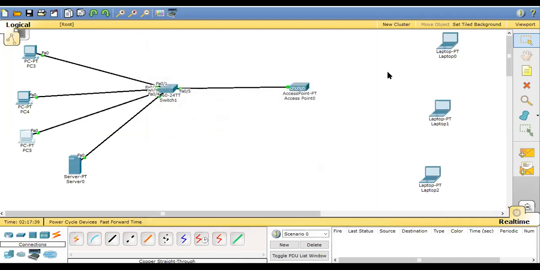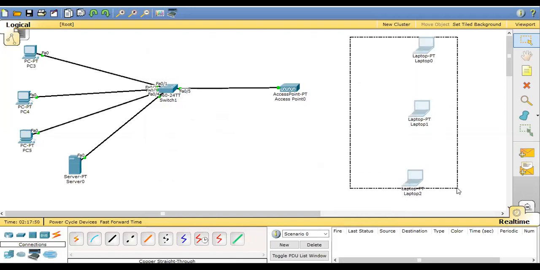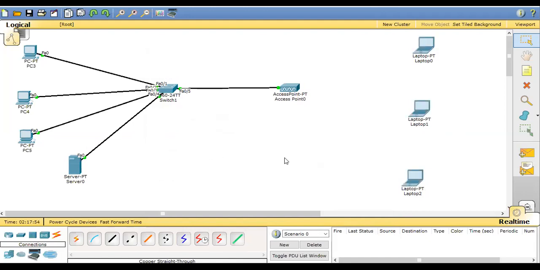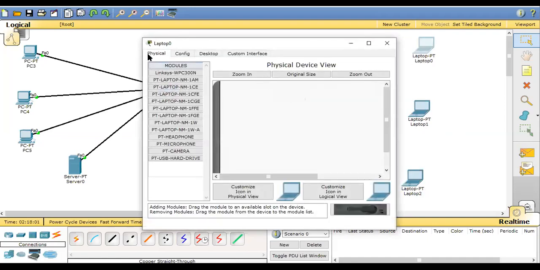But hey, we want to focus on wireless, right? So now what I'm going to do, I want this laptop user, who is outside of the company, to connect to my internal network. So what I will do, we must have a wireless port in our laptop, right? So I'll just click on the laptop, go to physical and just turn off the laptop here and drag this port till here. And this is the Linksys wireless port.